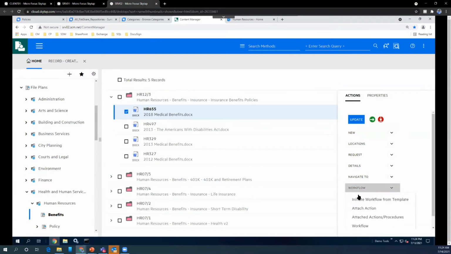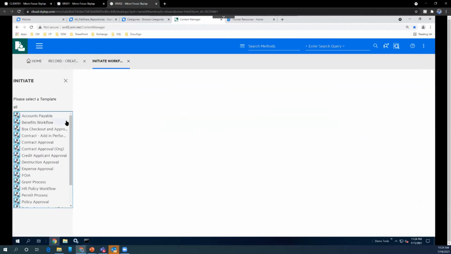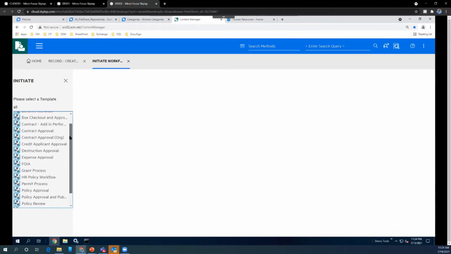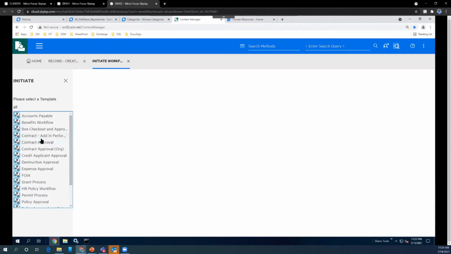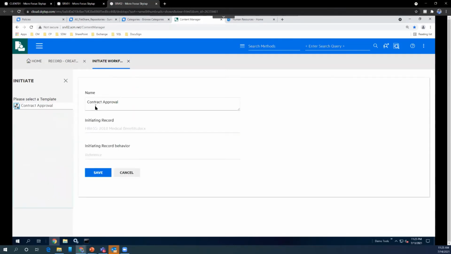So for the sake of example, another key feature of Content Manager, which has been there for a longer period of time, is the workflow. You can initiate the workflow and you can automate it. You can define it at a file plan level. It means that whenever the document comes into a specific file plan or a folder, it automatically kicks in the workflow. So you see that there are different workflows already defined, and I can define my own workflow template as well.